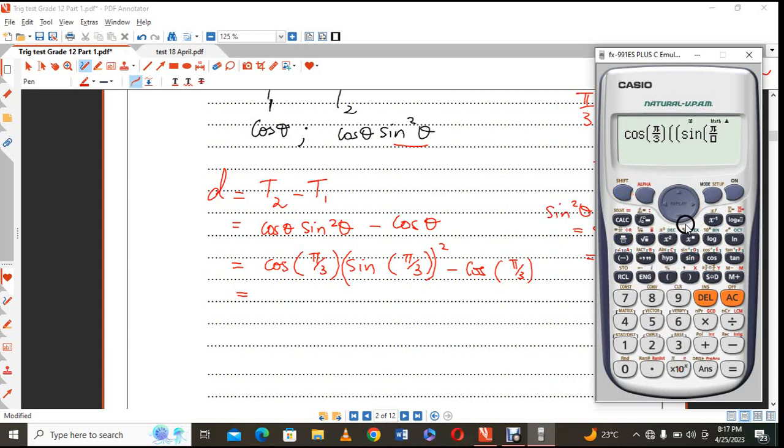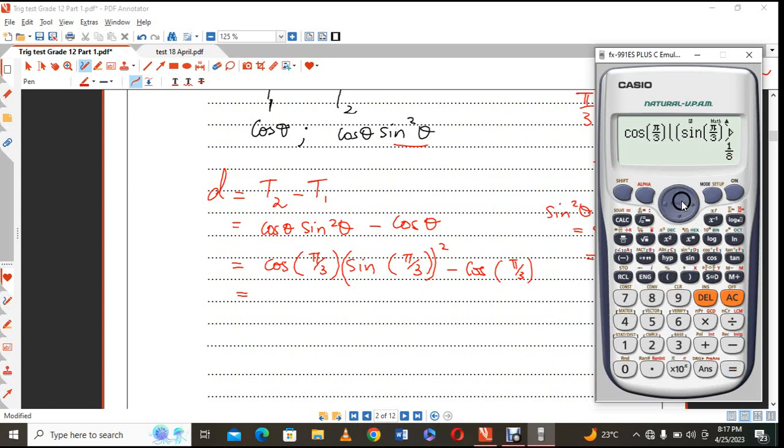Okay, we close that, and all of that should be squared. Okay, and then we're going to minus cos of pi over 3. Okay, so we're going to get an answer of 1 over 8. In fact,